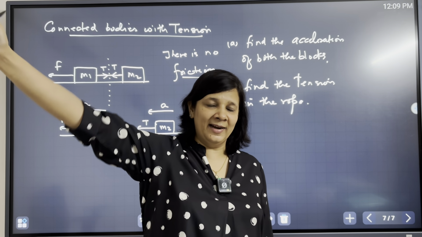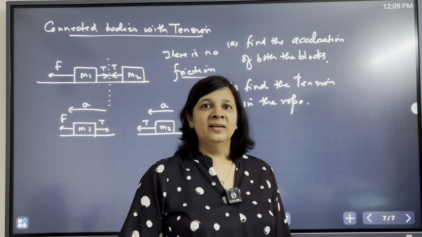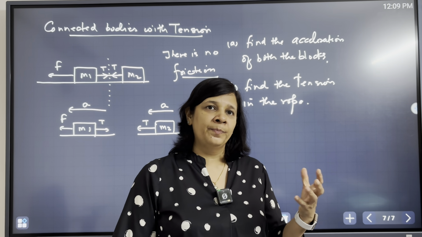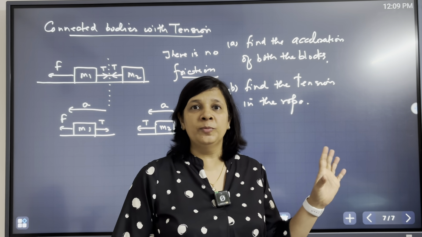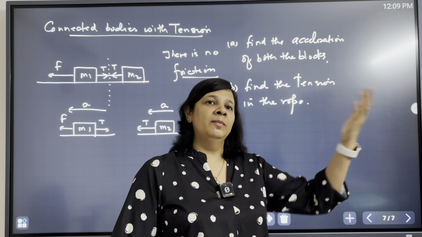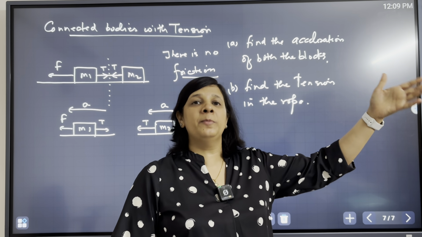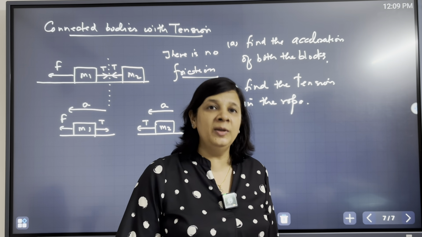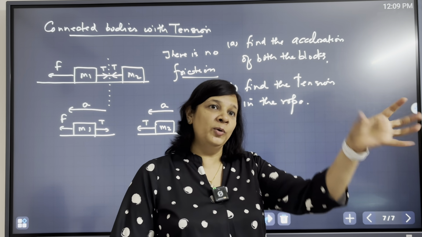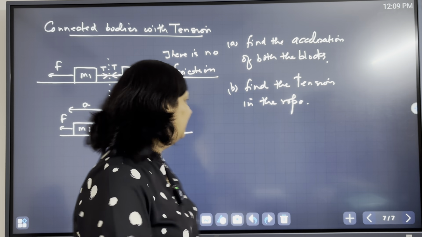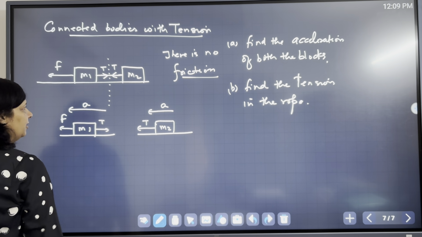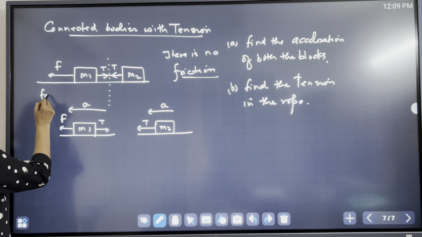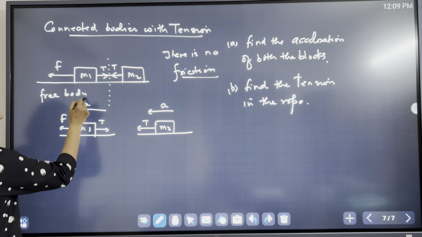Again we will see that later on. We will take the case of the ropes also to be massless, okay. A much more complicated case can be when the ropes are massive, and also later on we will see that in the case of pulley problems when the pulley is also massive, okay. We will see that slowly. So this is fine. So these are the free body diagrams.